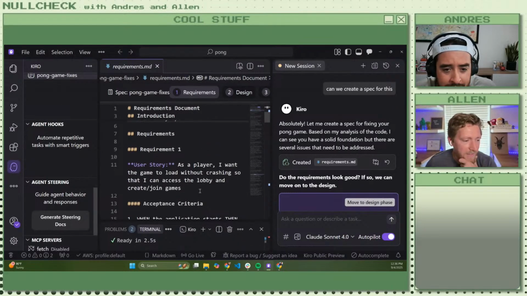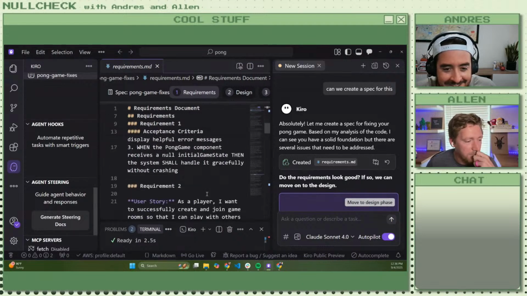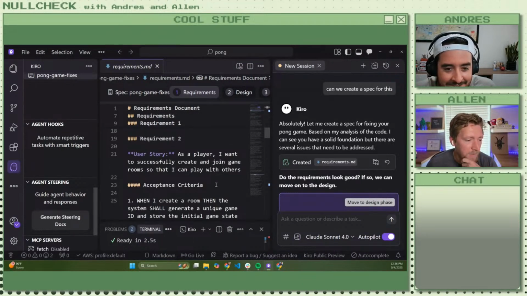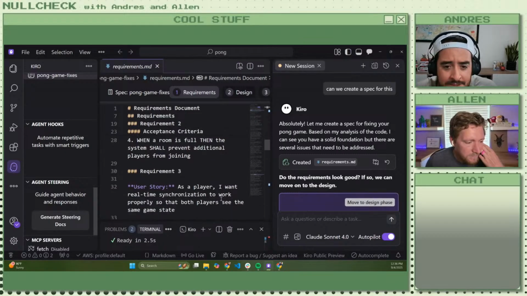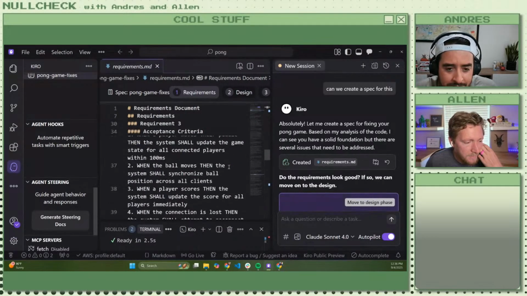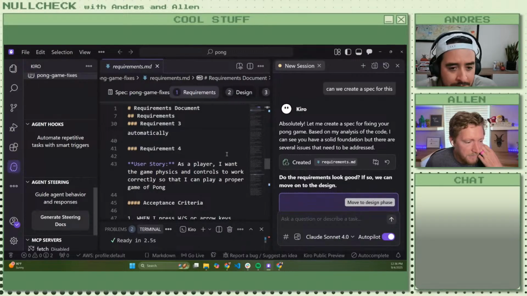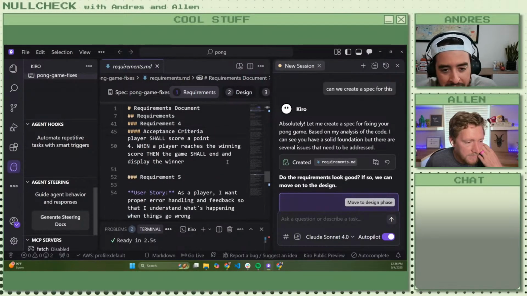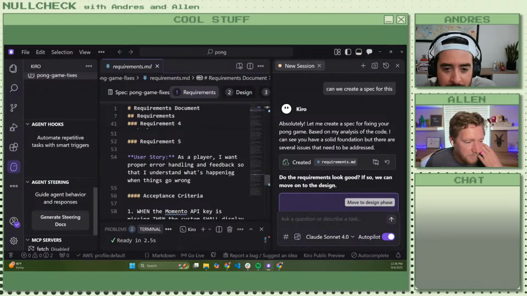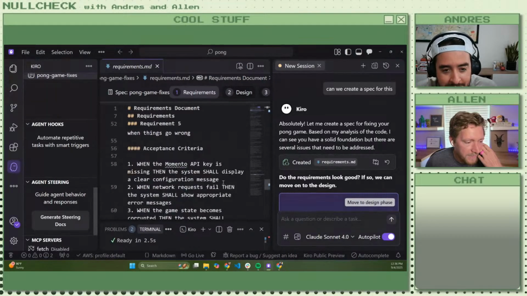Critically... okay. As a player, I want the game to load without crashing. It's a good one. As a player, I want to successfully create and join game rooms so I can play with others. As a player, I want real-time synchronization to work properly. Yep. As a player, I want the game physics and controls to work correctly. As a player, I want proper error handling and feedback.